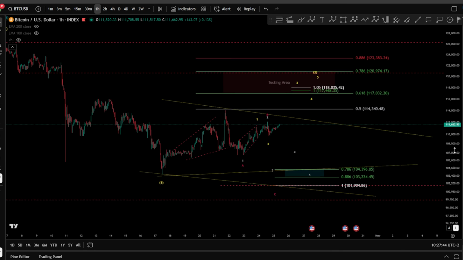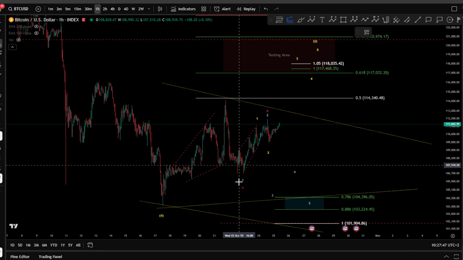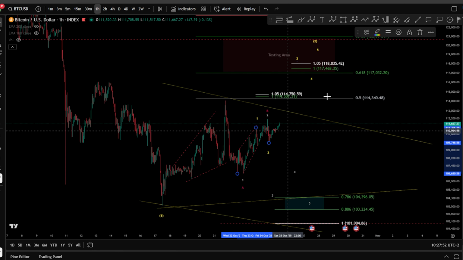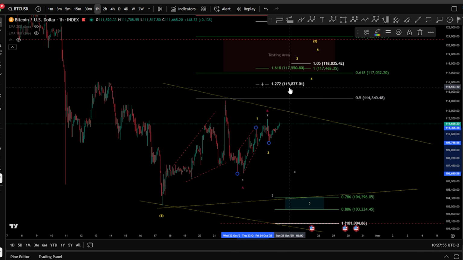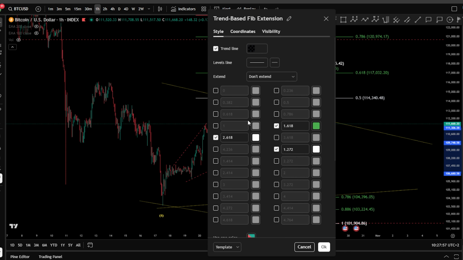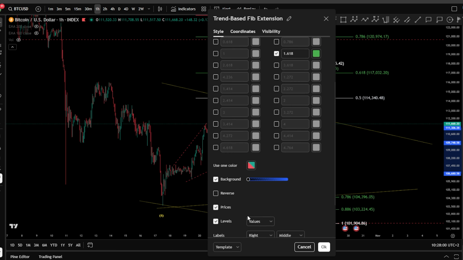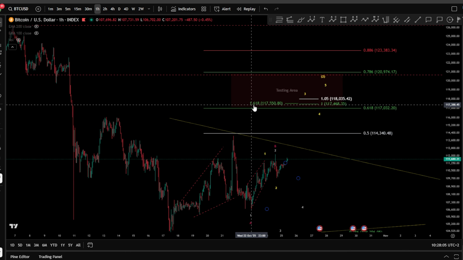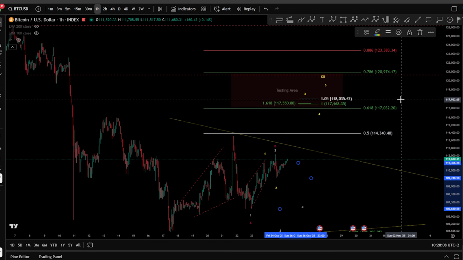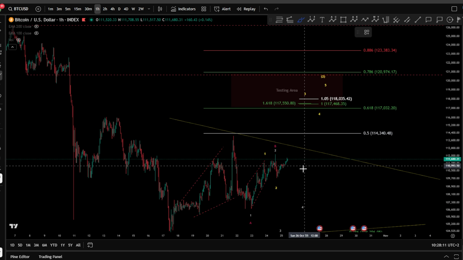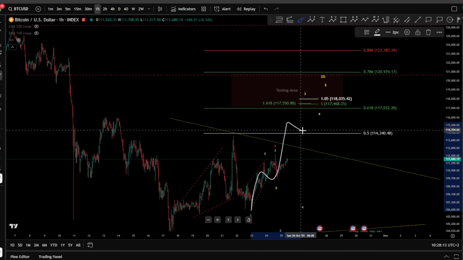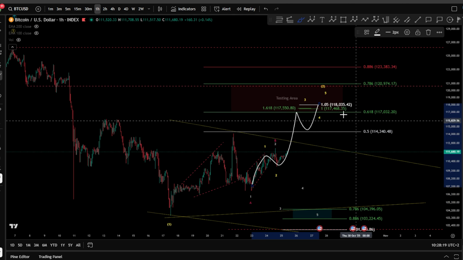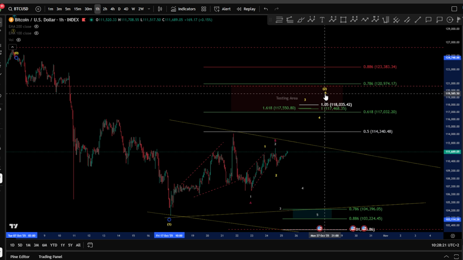And yeah, so things are starting to get a little bit much clearer here for Bitcoin, where we might be heading, in case we see higher prices, as an impulse internally also, to be much more precise even. Here we go. You got the 1.618 exactly over there as well. So yeah, all the fib levels are pointing at the 117K 500. In case we get a 1, 2, and then 3, 4, and a 5. And this might finish a wave 2, guys. Still can be a wave 2.